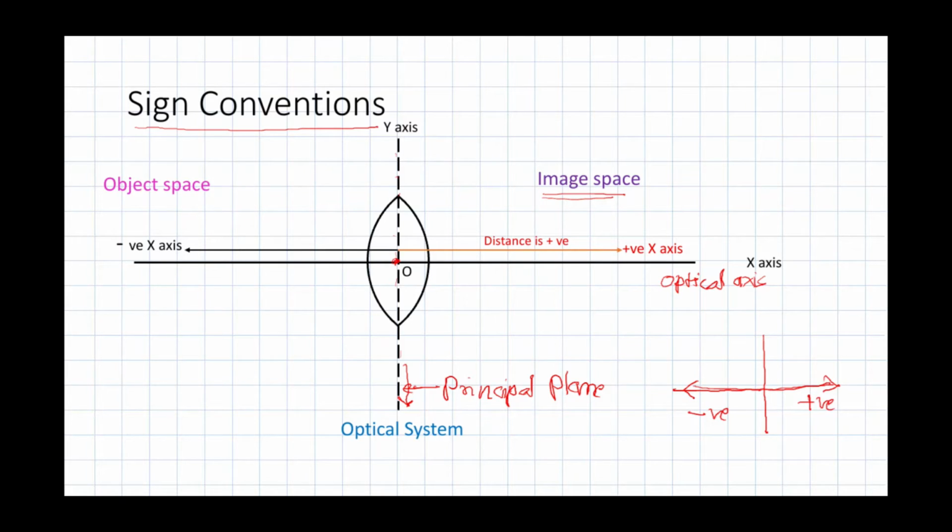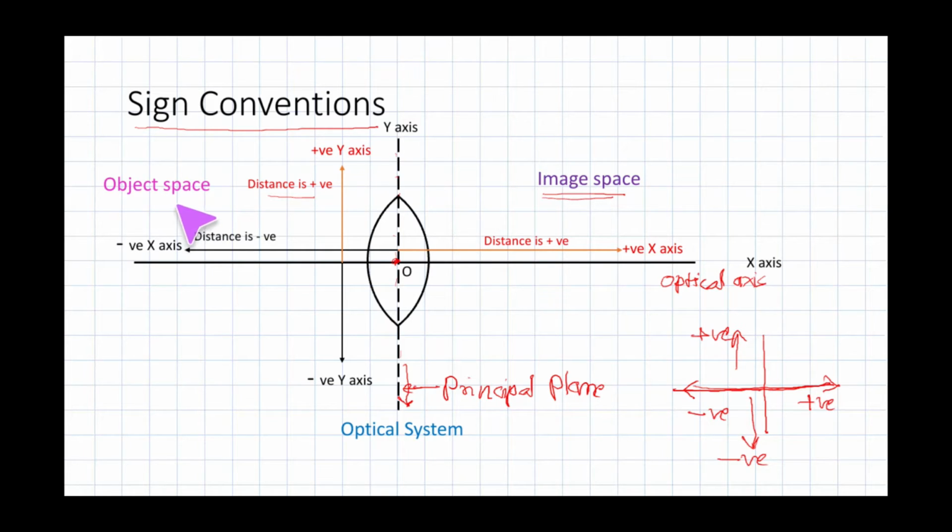Similarly, above x-axis, distance measured from x-axis above x-axis, it is treated as positive, that is along positive axis distance is considered to be positive, remember that. So whatever distance from this axis we measure in upward direction will be treated as positive. And similarly, whatever distance we are measuring below x-axis, that will be negative. So these are sign conventions.